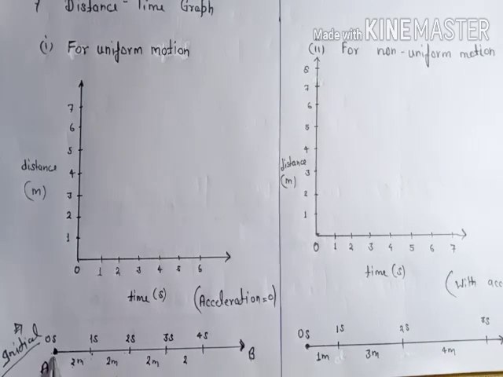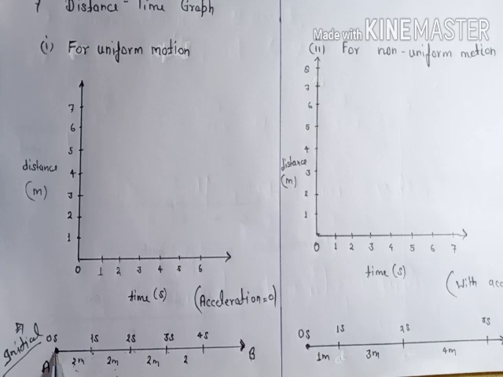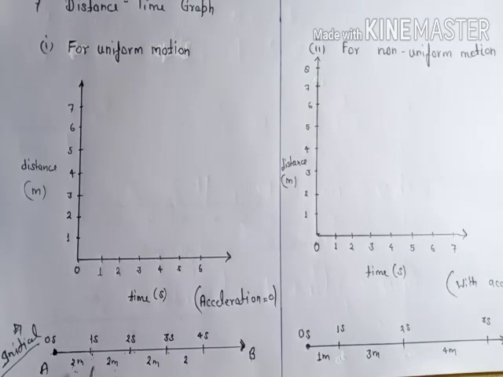You can see after traveling 1 second you covered 2 meter. After traveling next 1 second you traveled 2 meter again. So in 1 second you travel 2, in 2 seconds you traveled 4 meter, in 3 seconds you traveled 6 meter. So this is the movement of this body, and if we represent this movement of body on a graph,